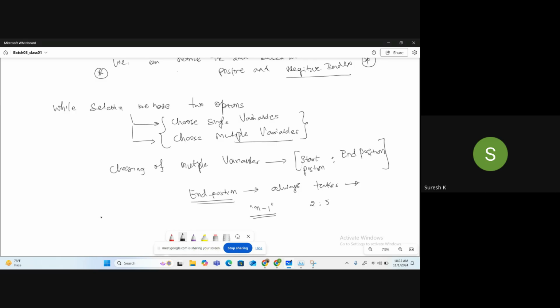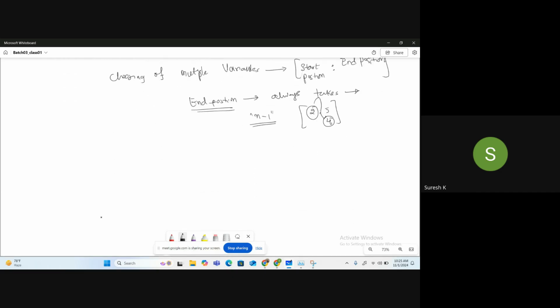You will get only up to the 4th index, from 2 to 4, because of n minus 1. Guys, is it clear or not clear?